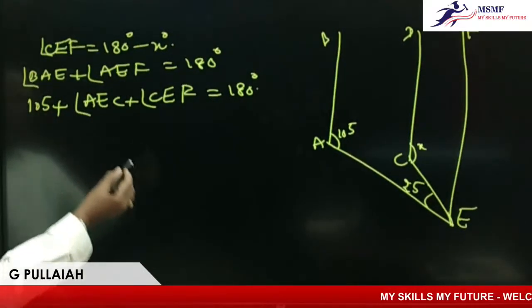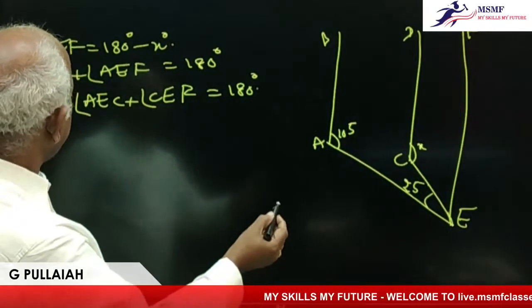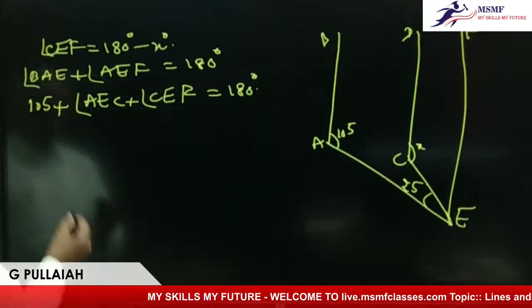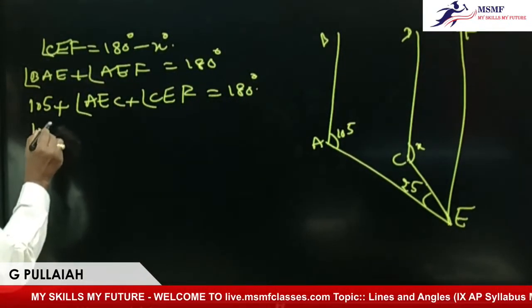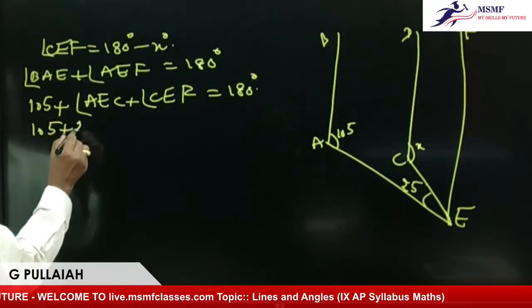So now you know that AEC is 25 degrees. So this is 105 degrees plus 20